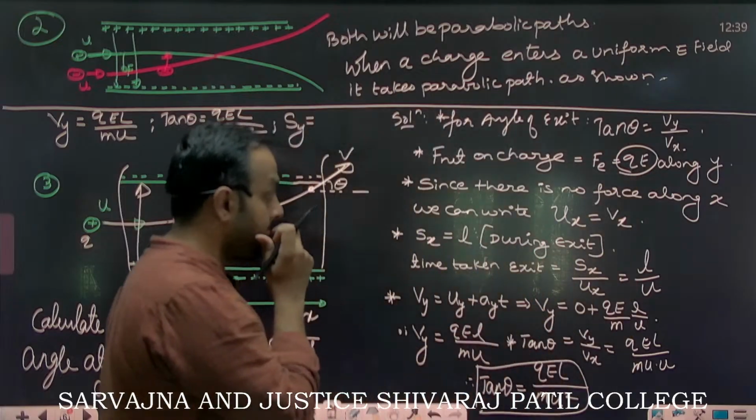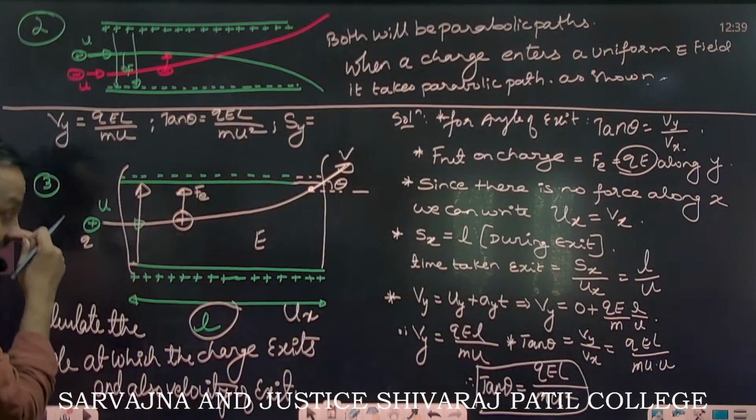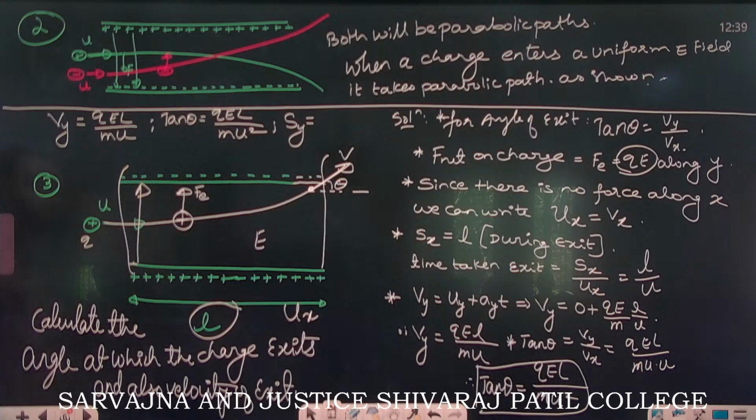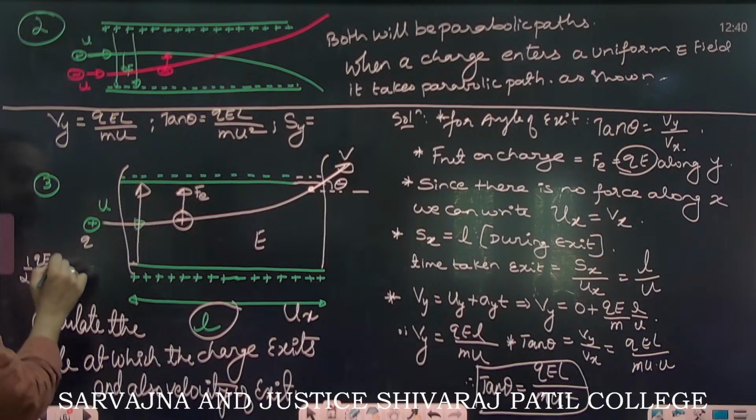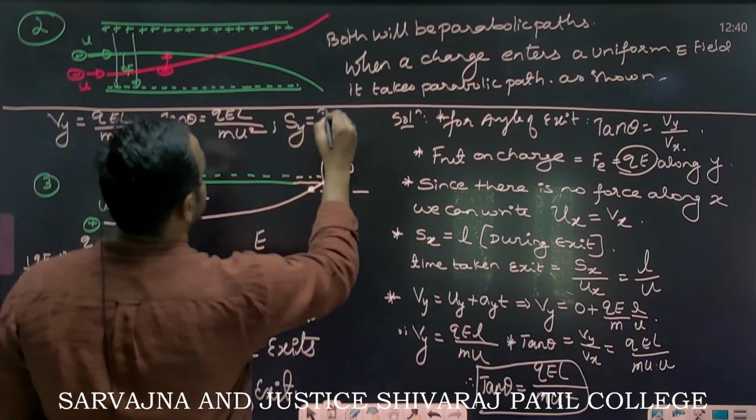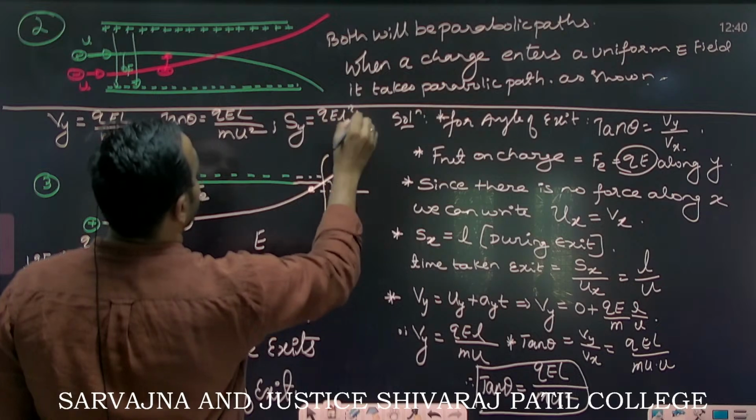Qe by m into t square. T square is l square divided by u square. So this is half qe by m l square by u square, which is coming out to be qe l square divided by